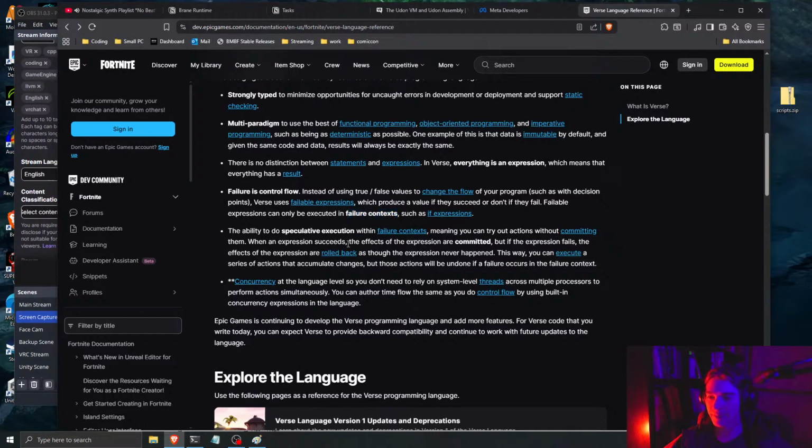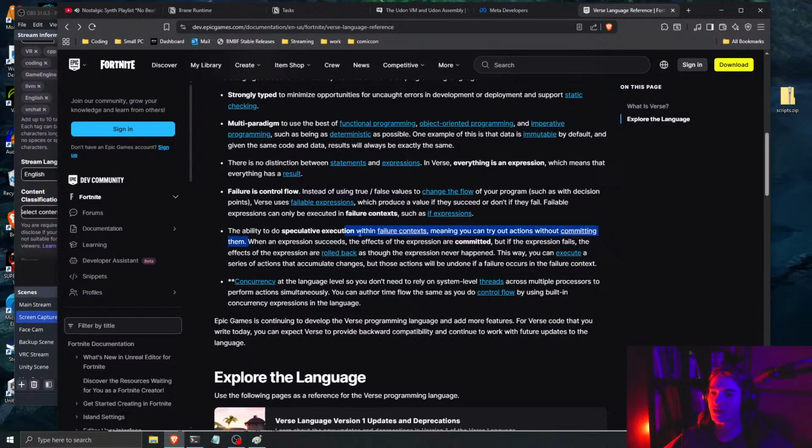So that's what it means when it says the effects of the expression are committed if the expression succeeds. So if in the condition of an if statement, it succeeds and it has also changed the value of local variables, then when you get to the step where the if statement ends, it closes out, it succeeded, there's no longer a possibility that the if statement could fail, then those changes you made to local variables are actually applied. And that's just kind of like my, so this basically means